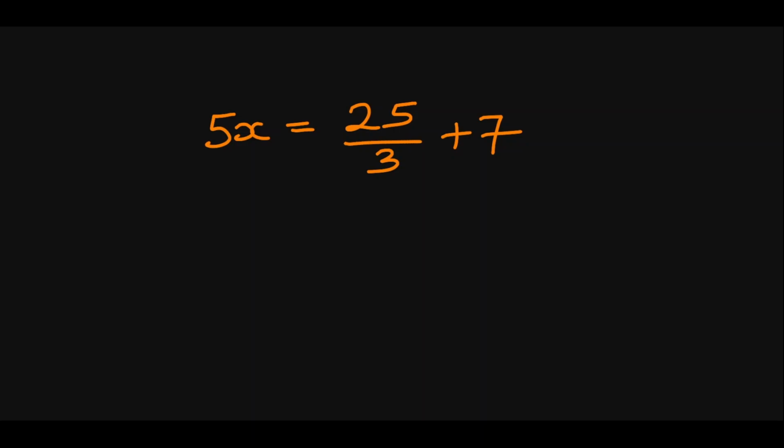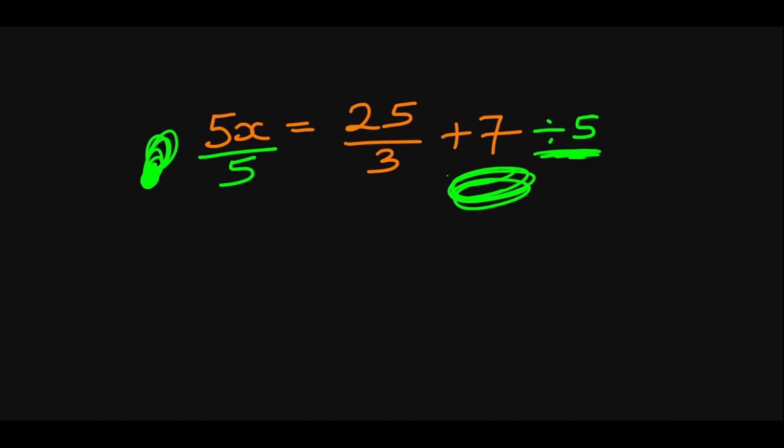Mathematics is connected. Now look at this same thing, 5x, but this time around it is 5x equals 25 over 3, then plus 7. Now, if you wanted to do divided by 5 in order to isolate x or free x, that is correct. But on this side, you want to do divided by 5. You cannot just go ahead and put divided by 5 here. You are going to make a mathematical error. Why? Because this divided by 5 you've written here is standing on its own, whereas what you're actually trying to do is to divide the entire side by 5. Since you divided this entire left-hand side by 5, you must divide the entire right-hand side by 5, not just putting divided by 5 in isolation.